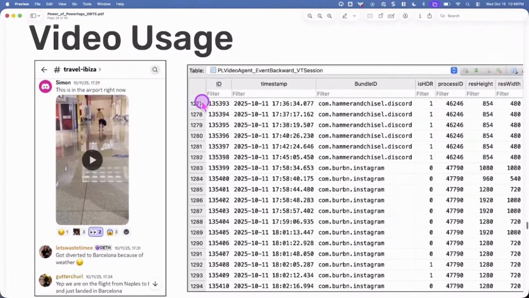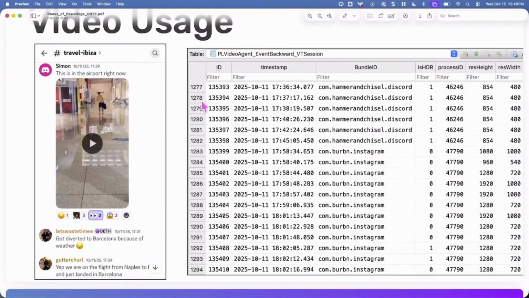All right, video usage here. So another example from our fun trip a couple of days ago. So got off the plane finally, or landed actually, and I started browsing Discord, see what's up, see if anybody else has got diverted or something. And somebody posted a fantastic video of the flooding in the airport. So we knew exactly what we were getting into. We're like, oh yeah, that's bad. Yeah, that's definitely not a good one in there.